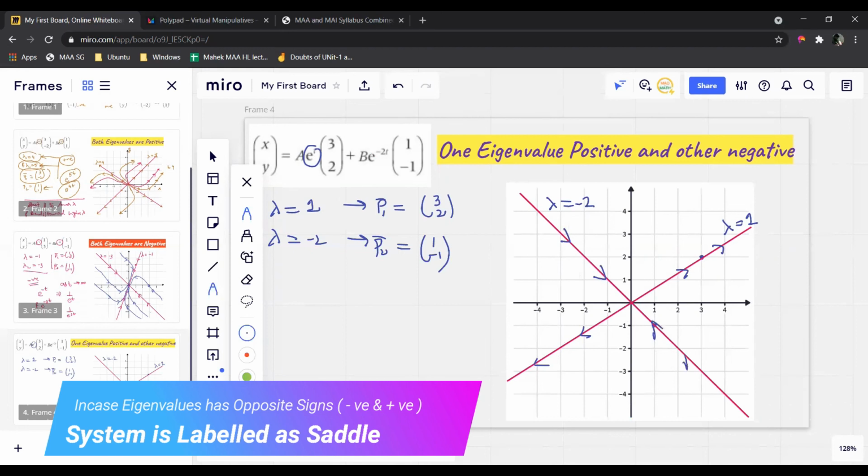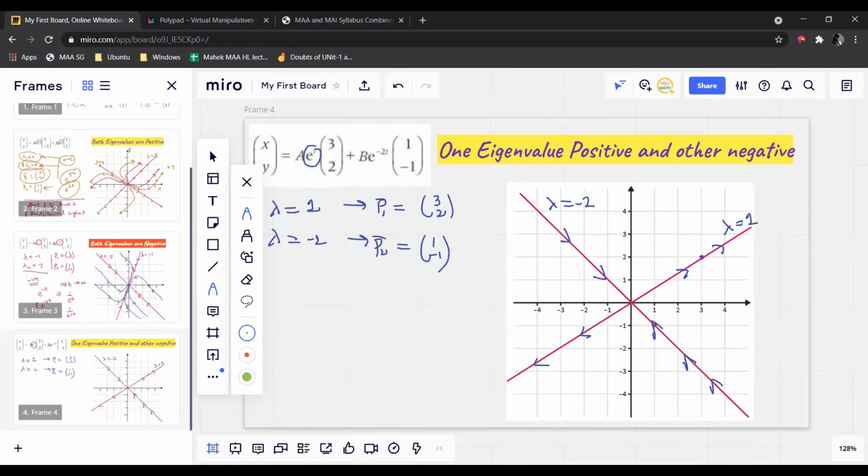Now here we don't have to worry about the bigger and lower. But still, if you want, you can check this. 1 is higher and -2 is smaller. Starting from -2, move towards the positive value. Okay, we're going to follow the arrows. So just move like this. You can come like this and go like this. Similarly, just follow the arrows. But make sure you are drawing parallel to the eigenvectors.